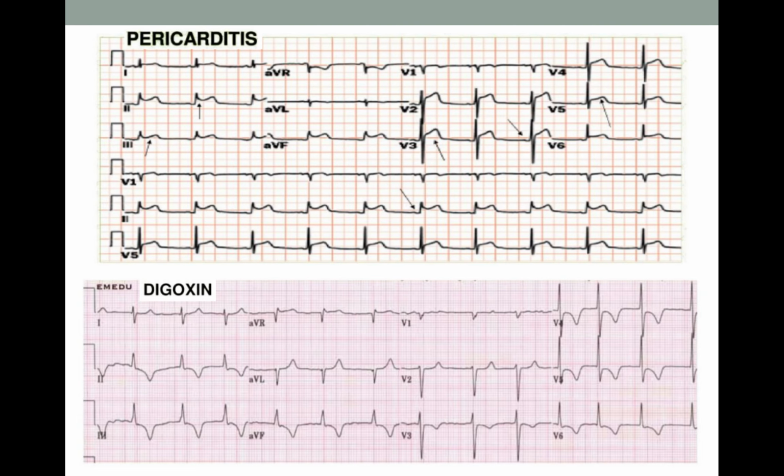And the below strip, you can see that there is T wave inversion as well as a slight ST depression. So this is not necessarily a non-STEMI. We have to correlate with the history, and based on the ECG strip, it's more like a reverse tick sign. This is due to digoxin toxicity. So there are also times when ST elevation and depression is not pointing towards MI.